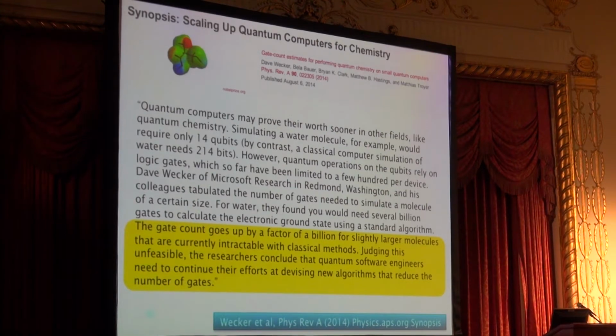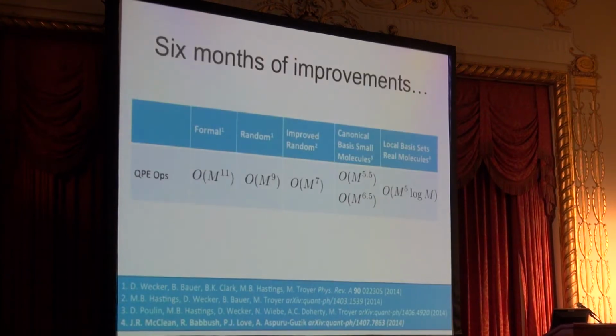But it turns out that when this paper came out, we just pointed out that their estimate was extremely pessimistic, okay? It's a good upper bound, but it's very pessimistic in many ways. One of the reasons is that they used random molecular integrals to make this numerical study. And so they had a scaling, where m is the size of the molecule, of n to the 11. So now we're talking about polynomial scalings. Even back then, Peter Love, my friend, liked to say, come on, guys, we went from an exponential scaling to polynomial scaling, and now people are angry that the polynomial scaling is 11. Yes, it sucks to be 11, right? But it was still polynomial, remember, it's an exponential improvement.